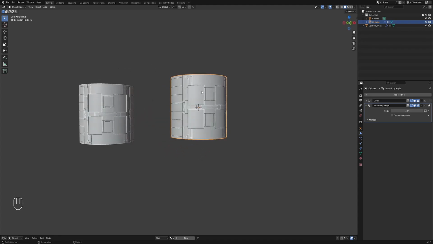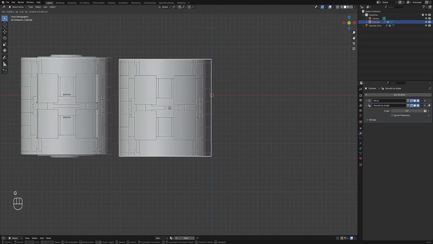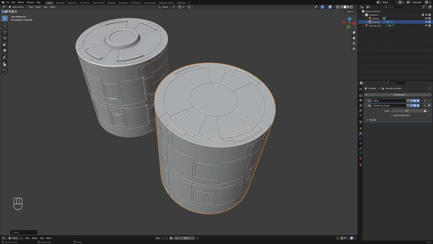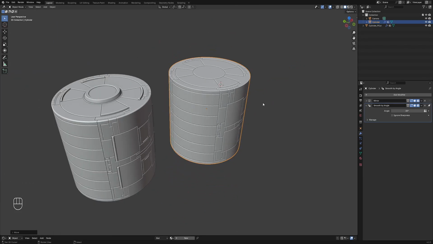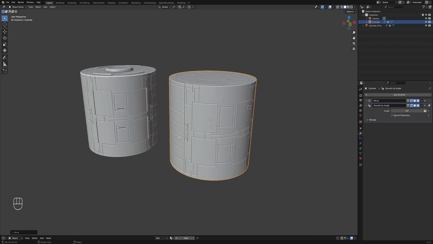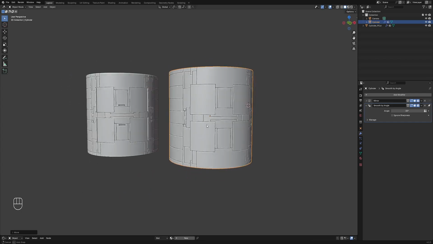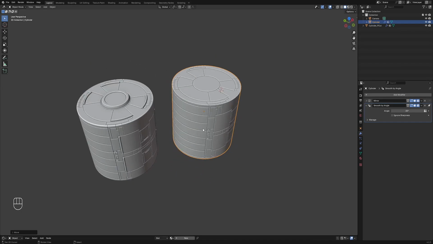And this is faster because you don't have to bake. You only have to provide this with the grunge texture. You don't have to bake the details, so this workflow is faster in that regard. Okay, so